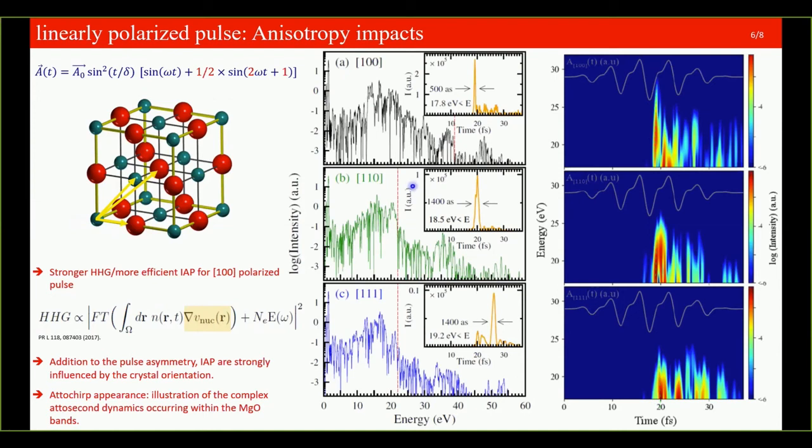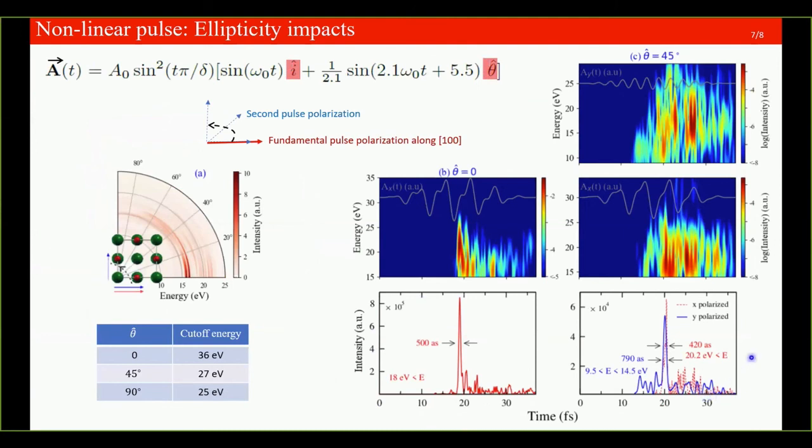in this direction. Also, the isolated attosecond pulse is much shorter than in the other directions, and also much brighter. Its brightness is higher than in other directions. The Autler-Townes shift with positive and negative sign can be seen here, which shows the complex dynamics of electron motion in MgO bands.